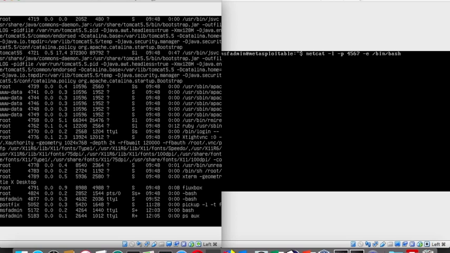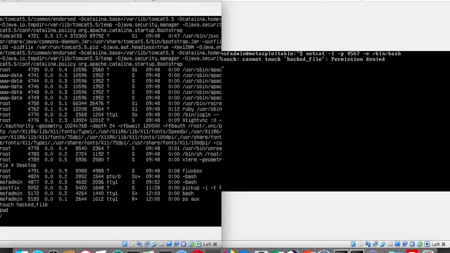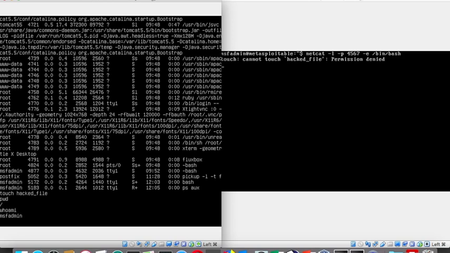So I can have total shell as if now I am having SSH access or telnet access, and I can execute whatever command. I can even create files, touch hacked file, and then I have, okay, permission denied because I am at the root directory, but I am not a root, so I am MSF admin. So if I go to home and then MSF admin,